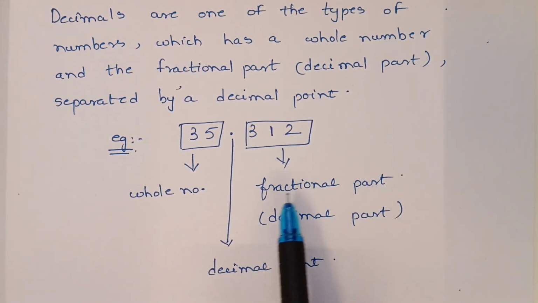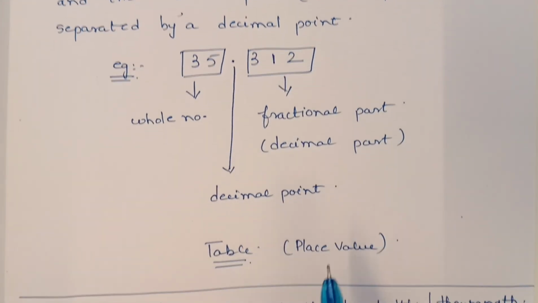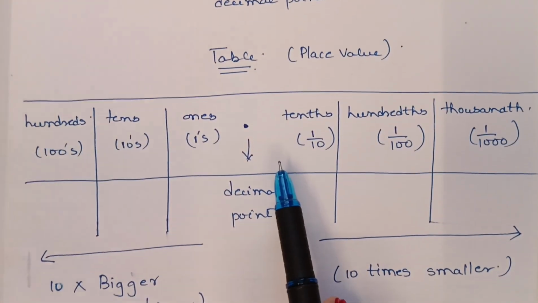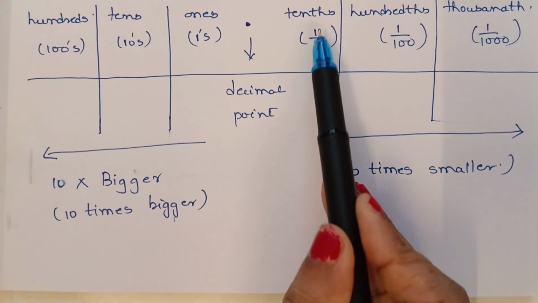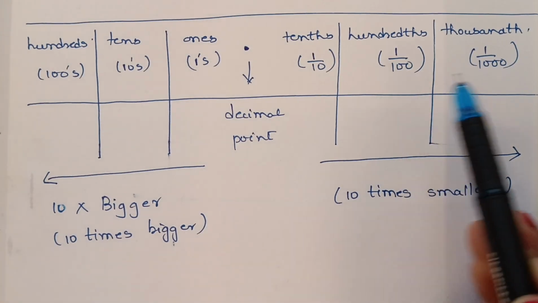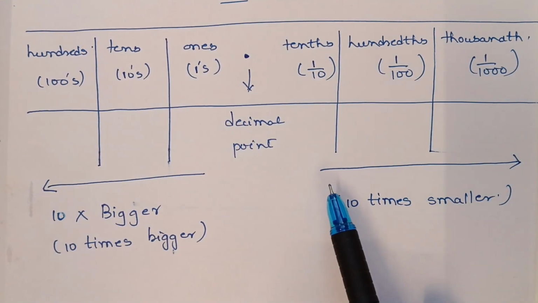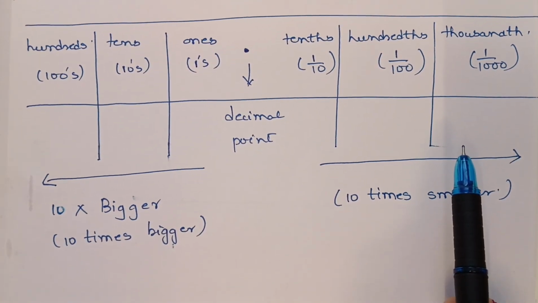Why do we use this word fraction? Because 3, 1, 2. When we see the table, towards the right hand side of the decimal point, what we have? 1 by 10, 1 by 100, 1 by 1000. It means towards the right hand side of the decimal point,